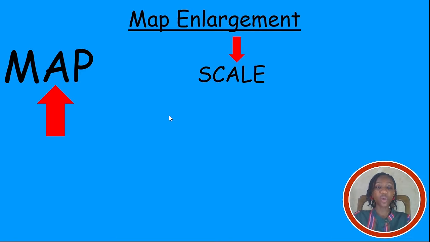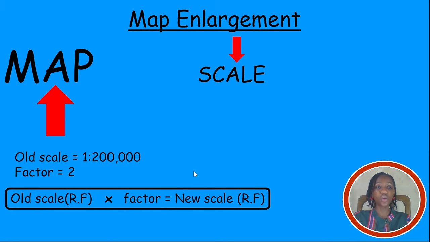So now let's list out the parameters we are given. The old scale, that's 1 ratio 200,000 centimeters, and our factor is 2 since we're enlarging the map to twice its original size. And if the question was reduce the map to a third of its original size, then the factor will be 1 over 3. So now, to get the new scale, we need to remember the formula I gave in the map reduction enlargement video, which is old scale in representative fraction times the factor will give us a new scale, also in representative fraction. So now inserting all our values into this equation, we're going to have 1 over 200,000 times 2